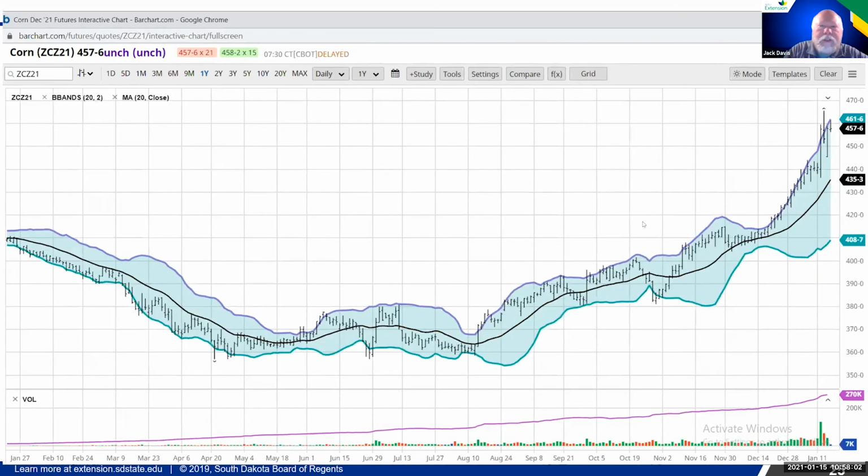Yeah. So here's the December contract, doing the same thing, the daily contract going 1 year back. We can see that we broke out of that upper side in recent days. Doesn't necessarily mean that there isn't more upside, but it may be time to take a look at moving some of it. Again, depending on how it fits into your return.